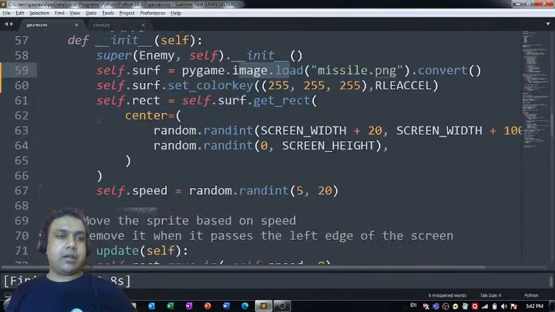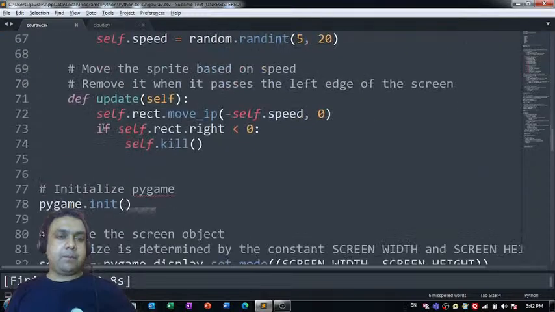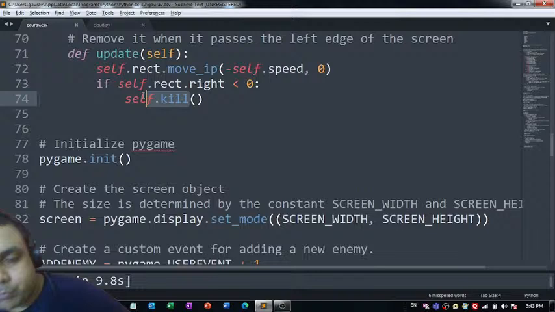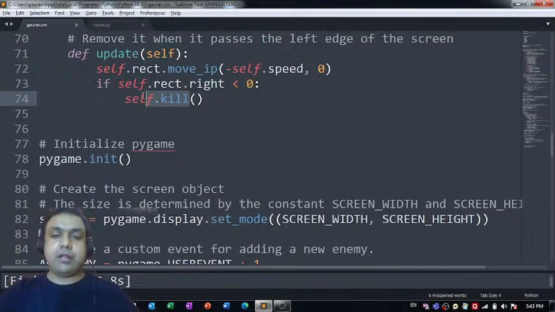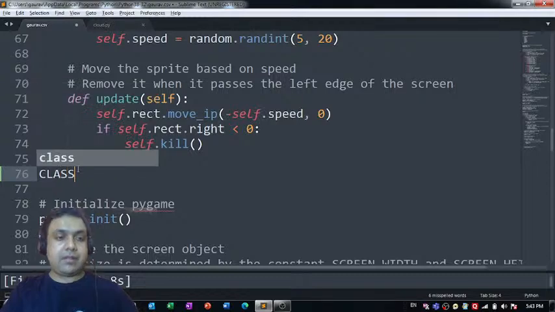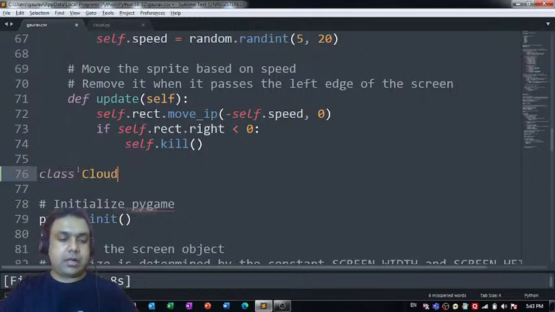We can come over here, that's the enemy sprite, and that's where the enemy is getting killed. So as soon as the enemy gets killed, a new enemy sprite will get generated, and we'll see it moving, again it will start moving towards the left side. So what I am doing, I'm coming over here, and let's define a separate class for the cloud, right? So we are going to have the same code over here,